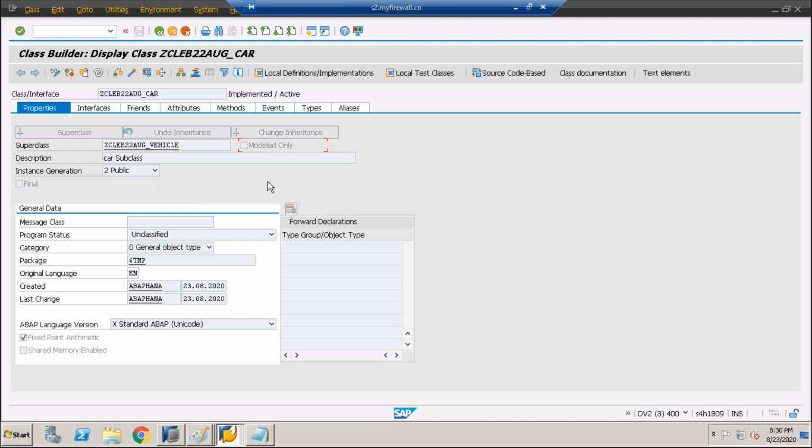Yeah, type group, object type. Here it is showing program status after the site. Forward declaration. Where? Here in these properties itself. Yeah, this one. So this forward is nothing but